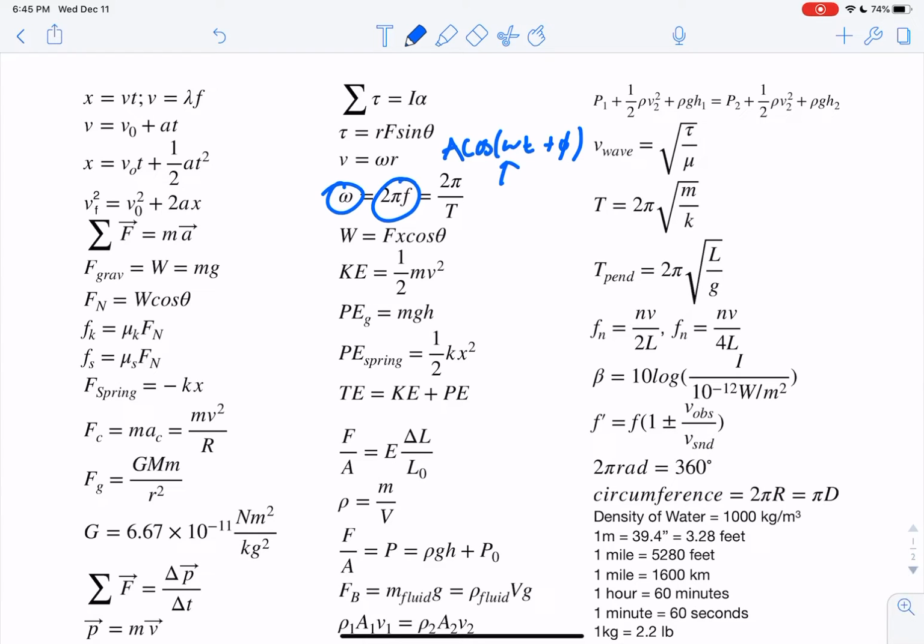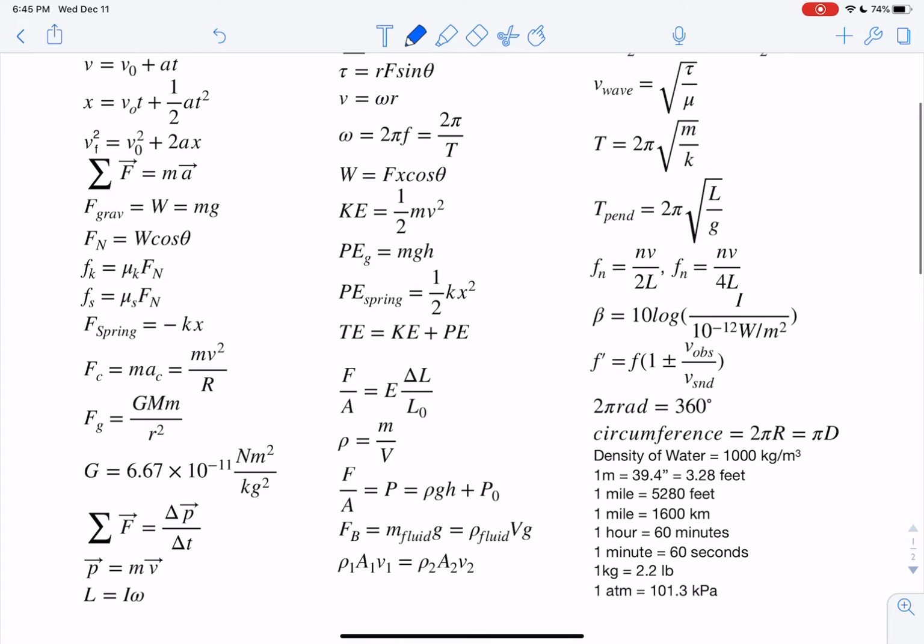It's related to the frequency and the period with those two equations. W is F x cosine theta, so this is work: force times distance. If you're going to move this way, but your force is at an angle, you want the component, cosine of theta times the force times the distance that you move. That's the amount of work. So it's in general force times distance, but usually the force is at some angle, so you want the component